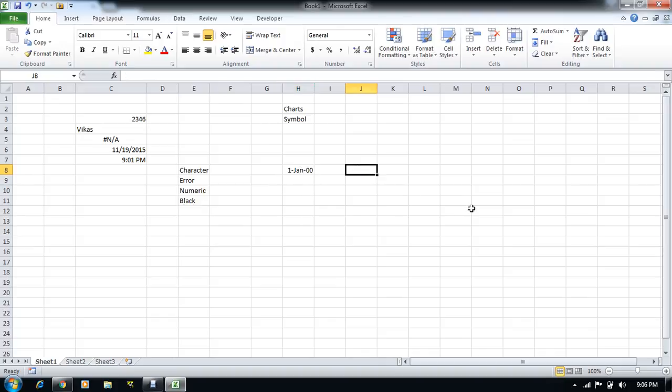Now let me add today's date as well. Just for example, today is 19th August 2015.